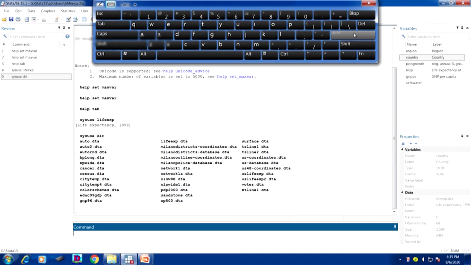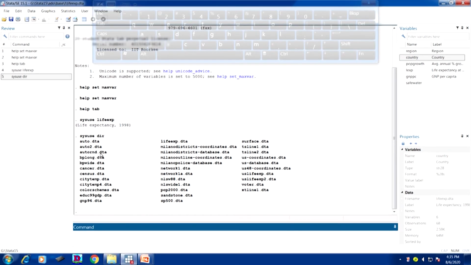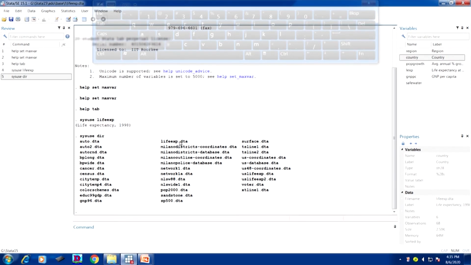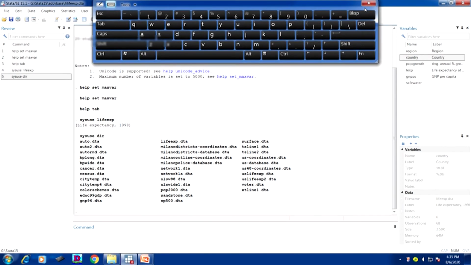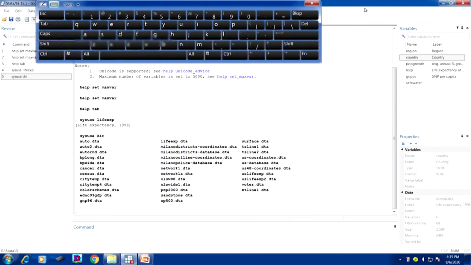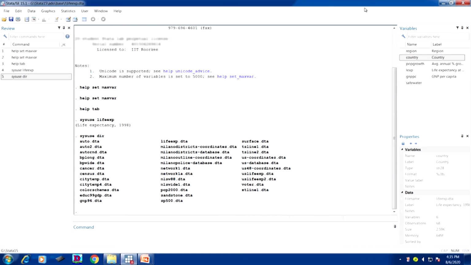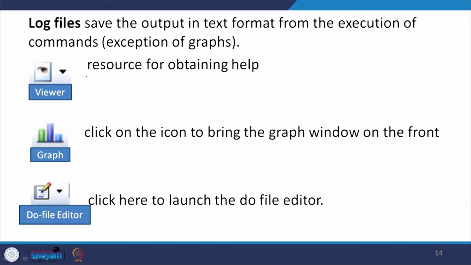For the timing, I have used the life expectancy data for the analysis. So here is the data, the first one, lifeexp.dta, okay. You can do it later or when you are going to use it, you can use it simultaneously. Let me proceed to our explanation.